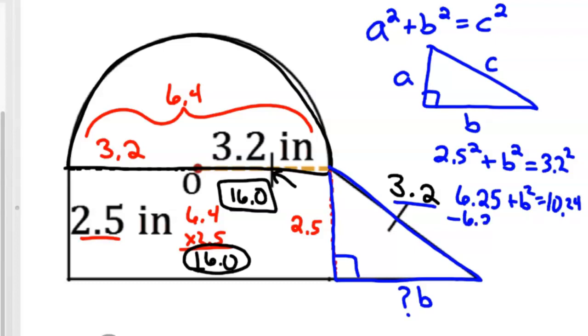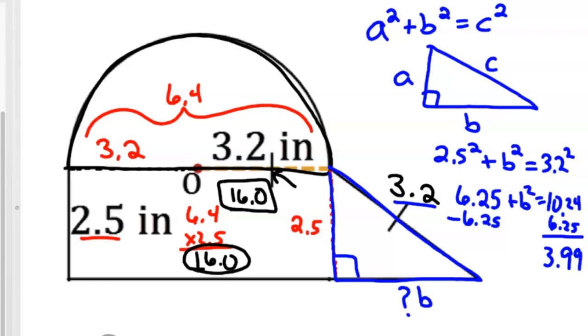Then subtract the 6.25 to get b by itself. So you've got to do a little algebra with this one. It's kind of a hard one. So 10.24 minus 6.25. Whoops, I just did it wrong. Like I say, I'll make mistakes just like you do. That gives you 3.99,